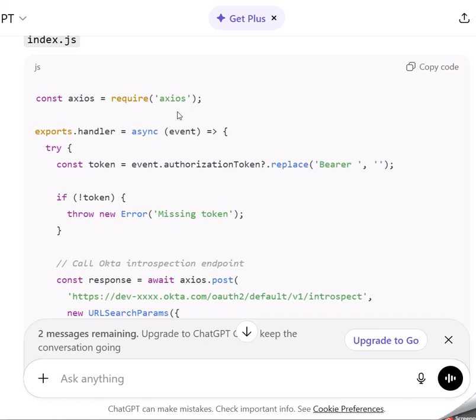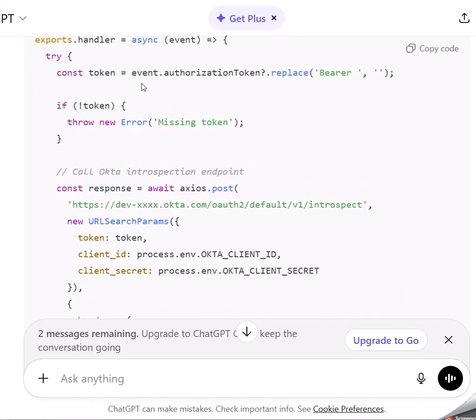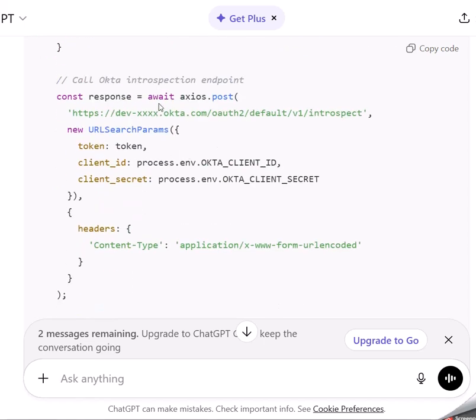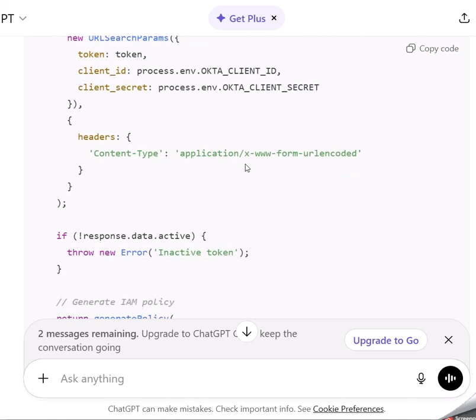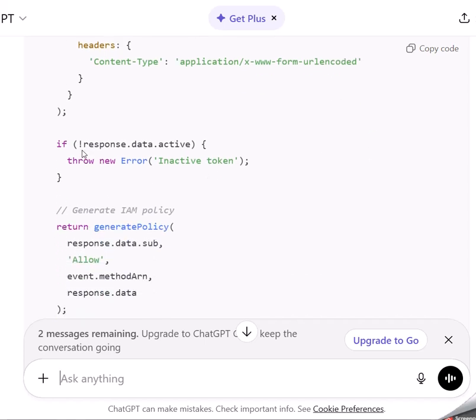It requires axios, and then the handler takes the event, reads the authorization data, and replaces the Bearer prefix to get the token. If the token is missing, it throws an error. Then the response is await axios.post, where we give the URL dev-okta.com, the OAuth flow, default, v1, introspect, with the URL search params for the token, the client ID, and the client secret, and the header is application/x-www-form-urlencoded. And then if the response is not an active token,